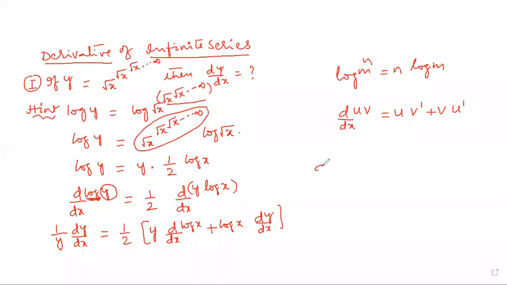Now cross multiplication: dy by dx is equal to y into 1 by 2. Here is y, log x standard formula 1 by x, log x, y follows the x rule. So log x into y follows the x rule, that is dy by dx. Take dy by dx as common and write down. No need to recall any formula, direct. Okay? So the infinite series method is clear. One more problem I will write.